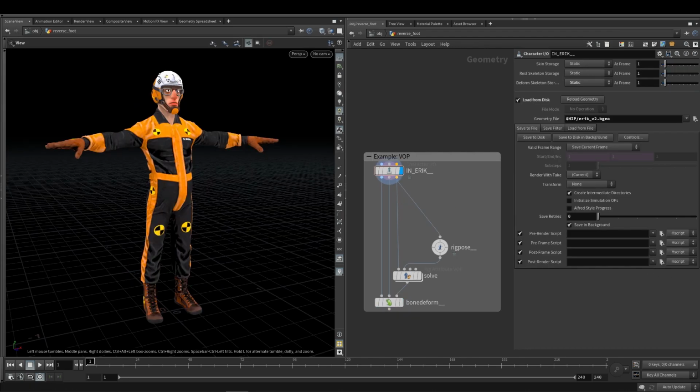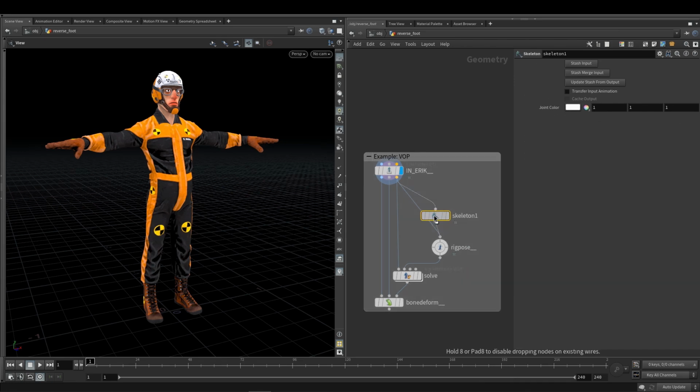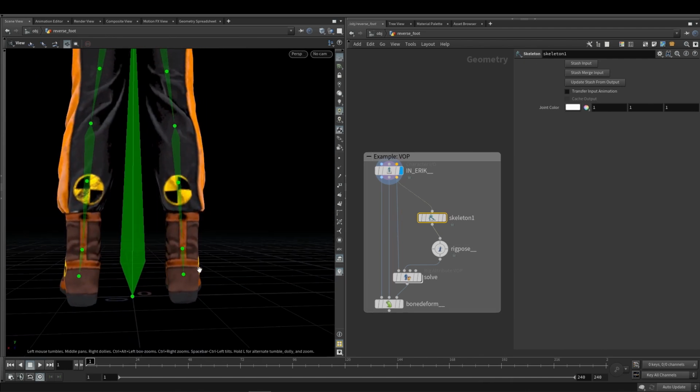Another approach is to create our own set of custom markers and then solve those using the reverse foot VOP. This can be quite useful if the SOP does not give you the results you're looking for. So let's go ahead and create one custom marker for this example using the skeleton SOP. We can put the skeleton SOP down, enter the state. Let's come here and make one